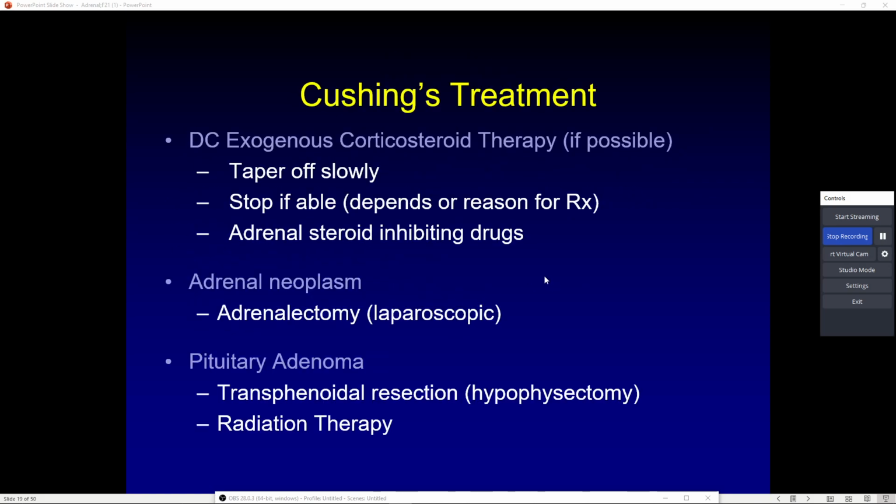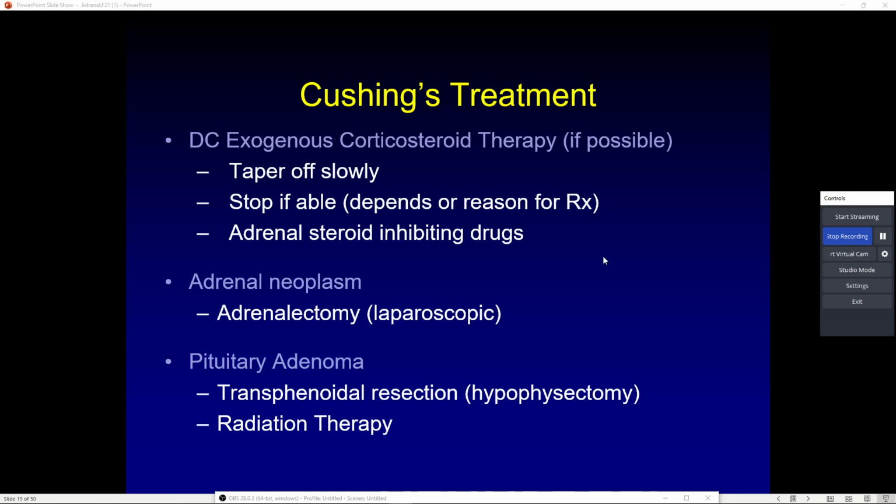Cushing's treatment. How do we treat it? Well, if the cause is exogenous and I'm giving steroids, and that's my culprit, I'm going to stop the steroid therapy. Thing is, you cannot just withdraw full steroid therapy. You will send a patient into absolute pure rage. What you do is you wean them slowly and ease off of it if you are on a high to moderate dose. If you're on low dose steroids, no worries. We can go ahead and just discontinue those and just watch the patient closely.